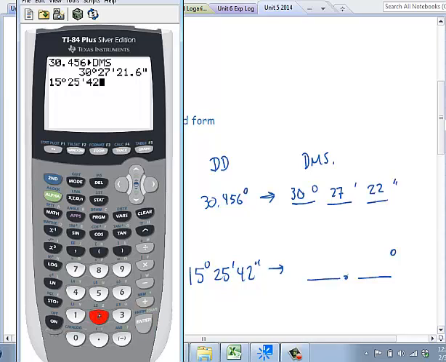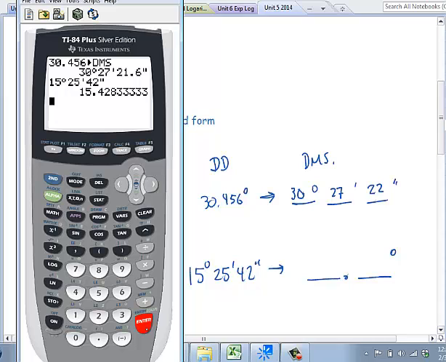So this is the really annoying part: on this calculator, I don't know why they put it here, but above the plus sign, hitting the alpha key is the seconds button. So your job for tonight would be to look on your calculator and find out where those buttons are for degree, minute, second. Because once you put it in like that and you hit enter, the calculator automatically converts it